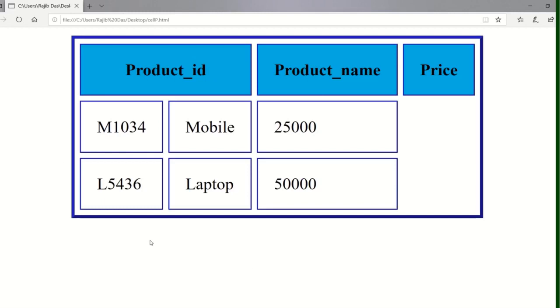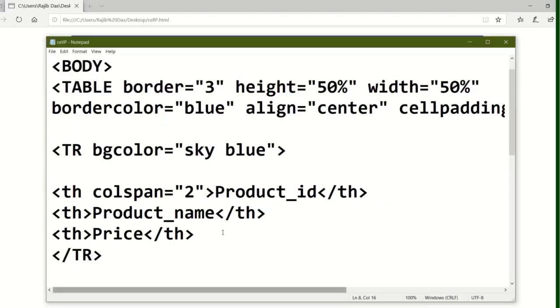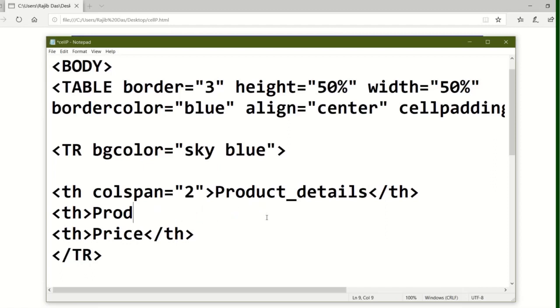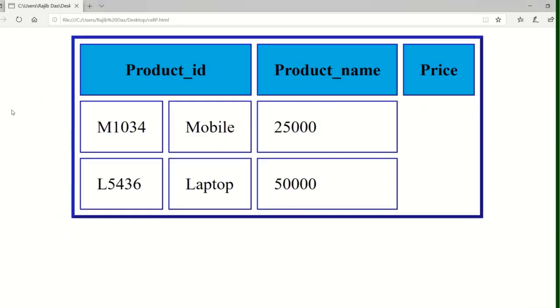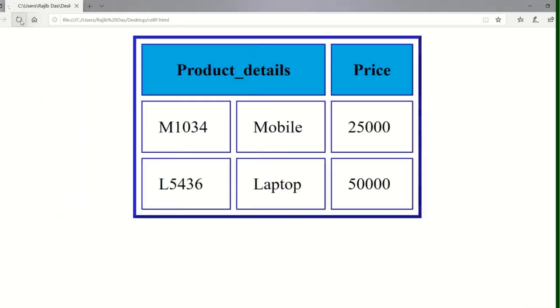Now this product name is not needed, so I delete it, and instead of product ID I am writing the product details. So go to the notepad. Here I am putting the details, and the second heading, the second column, I have deleted. So let's see the output. Save and then go to the output page, refresh.